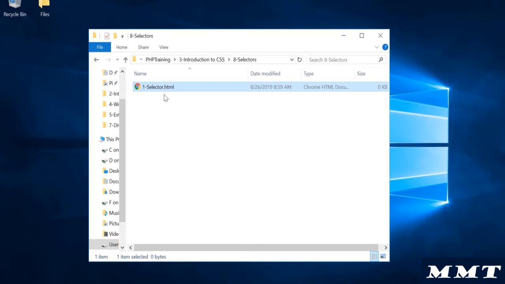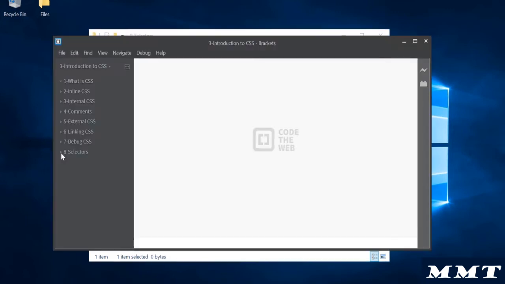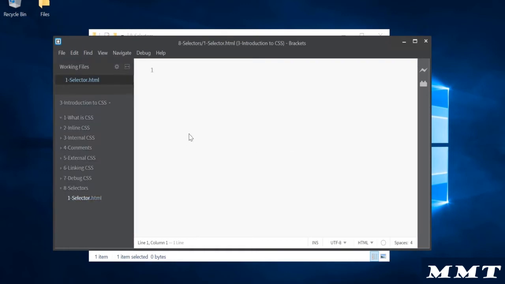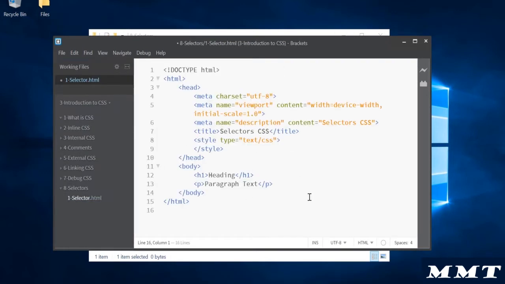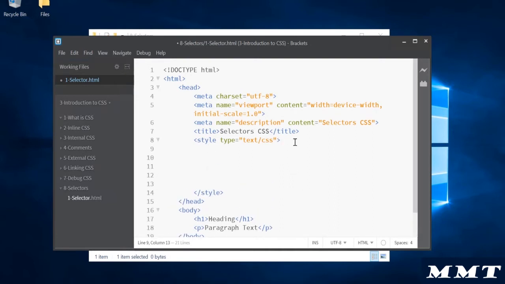All right, so let's write the selectors first. I'm going to open my brackets here. Let's open our file selector.html. I'm going to copy paste the basic boilerplate here. All right, so let's start writing a selector. So how do you write a selector? Let me show you the syntax first, then we're going to start writing all the different types of selectors. So the name of the selector